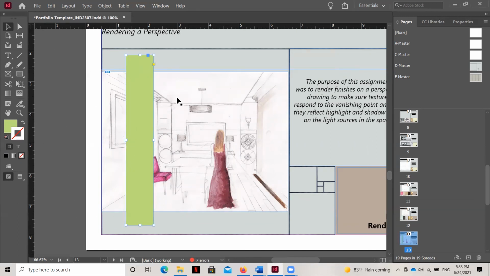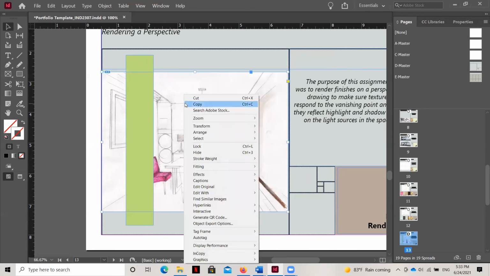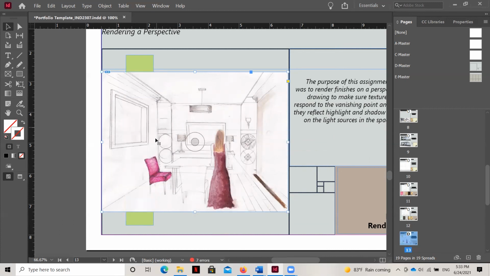And then all I need to do is go ahead and grab this, and I'm going to arrange this by bringing it to the front. And then now that lime green vertical element is going to be on top, or pardon me, underneath. And you can see I can adjust the grips like this. Now, again, this is all stuff that you can play with later on as you're developing your personal portfolio.